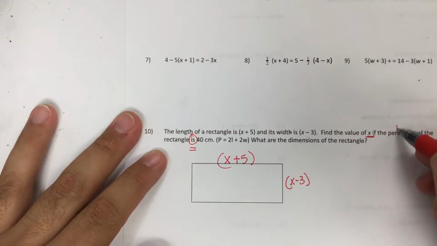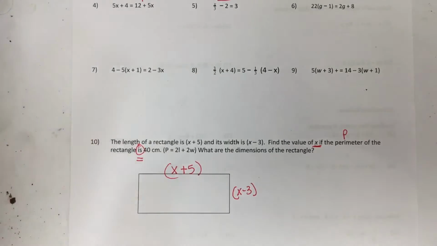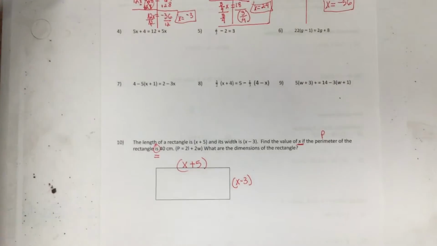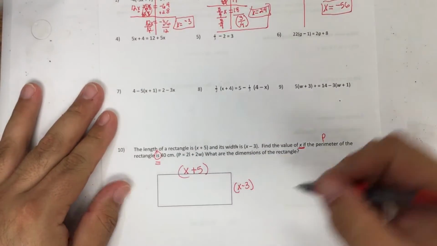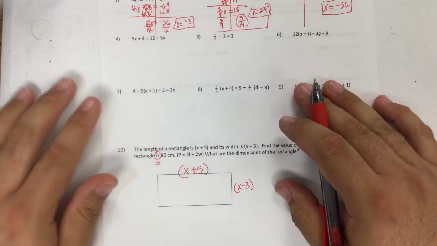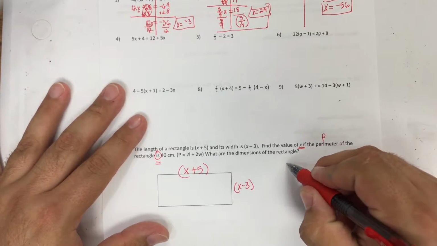So perimeter is my P, right? Perimeter is my P, and hopefully, I need to zoom out a little bit, okay, so you can see the whole problem. Perimeter is my P, and then it is 40. So that means in this equation that it's giving us for the perimeter of a rectangle, that's what we're going to replace with P. P is going to be 40. So we have 40